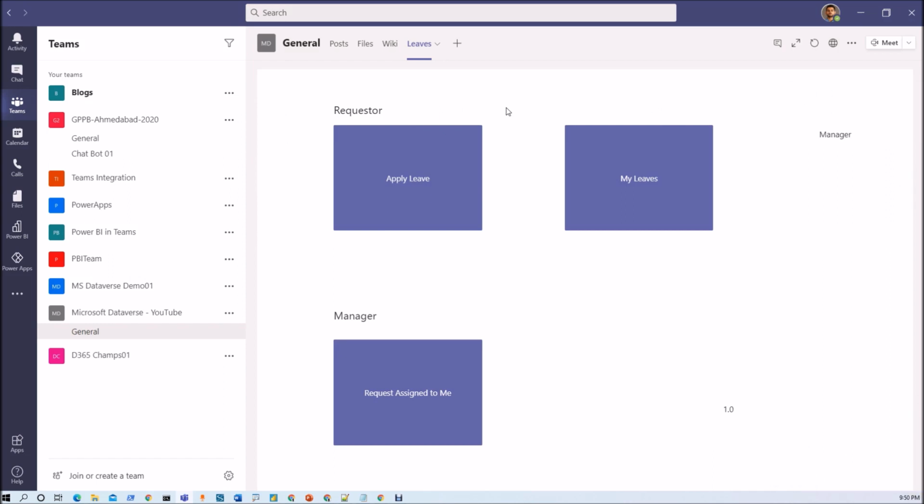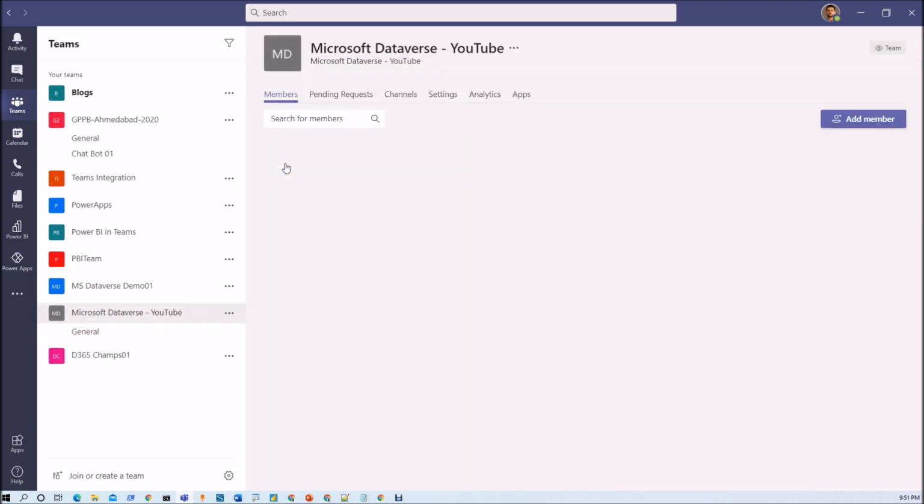Now we discussed publishing the app to Teams. The second thing is access management, or the distribution part. So who can access this particular Power App? Let me show you that here. Here I am on the Microsoft Dataverse YouTube team. Let me check the members of this team. I'm clicking on manage team from here.